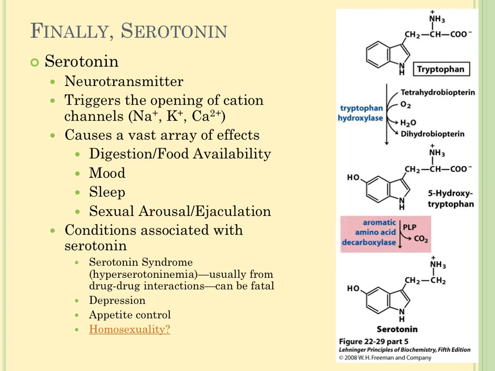It's the one that gets around: the aromatic amino acid decarboxylase. You just have to remember, if you called it 5-HT decarboxylase, I'd give you most, if not all, of the credit. It's just that that enzyme does accept a lot of the aromatic amino acids that can be decarboxylated. That's serotonin; you can go through it on your own. We can go into better detail with it maybe next chapter. But that concludes